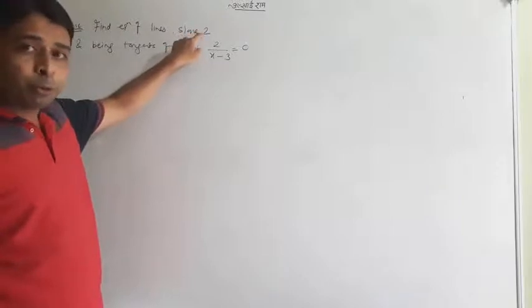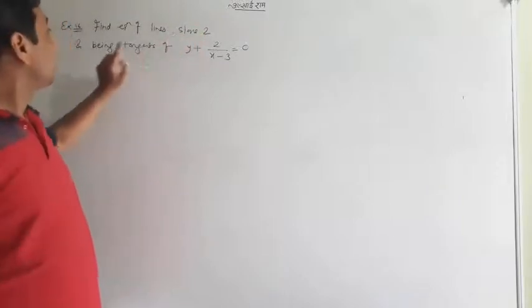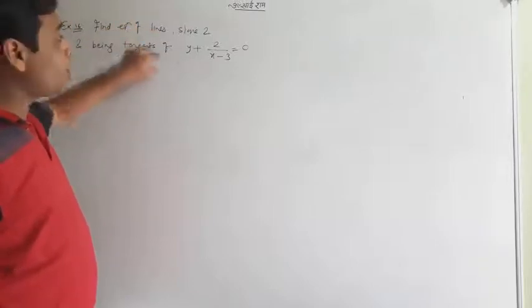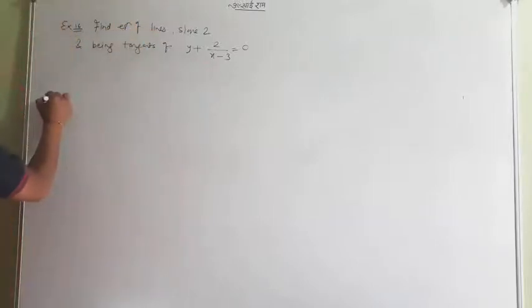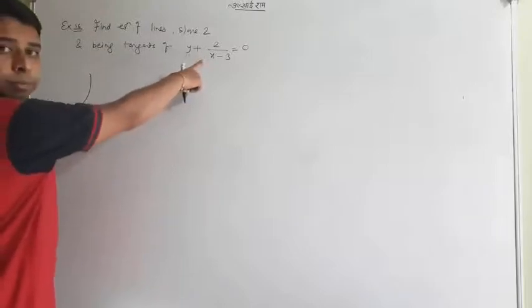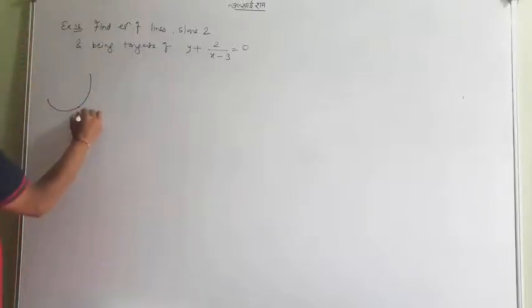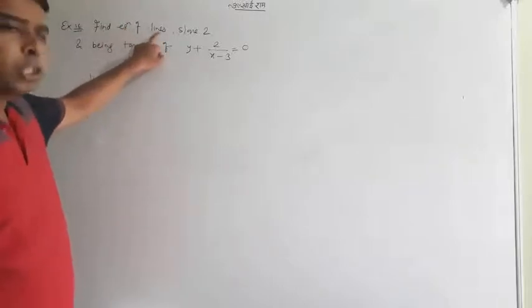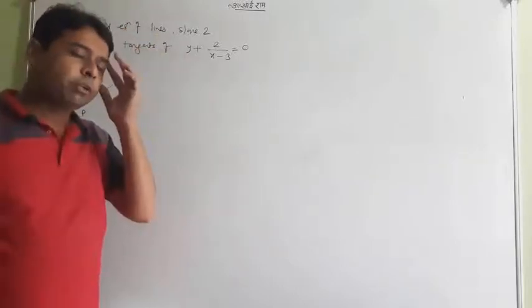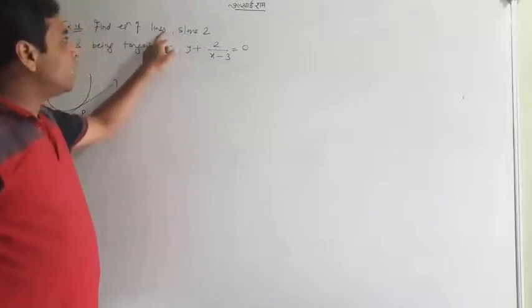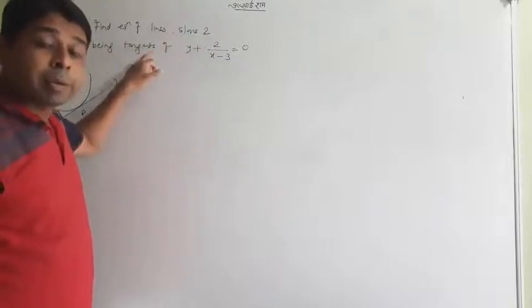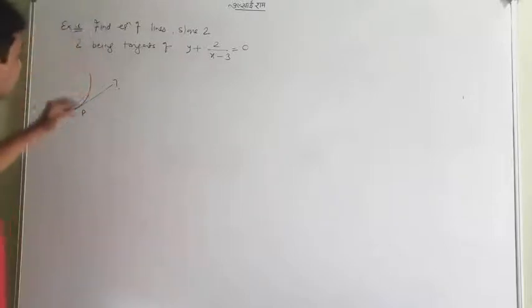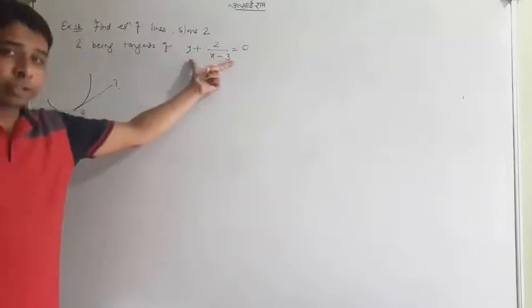with slope 2, meaning the slope of the line is 2, and being the tangent, meaning this line is none else, it is a tangent of the curve, meaning this is the curve and this is the point of contact. We want to find the equation of the tangent. Don't be afraid about the word lines or tangents. Maybe more than one tangent is there,